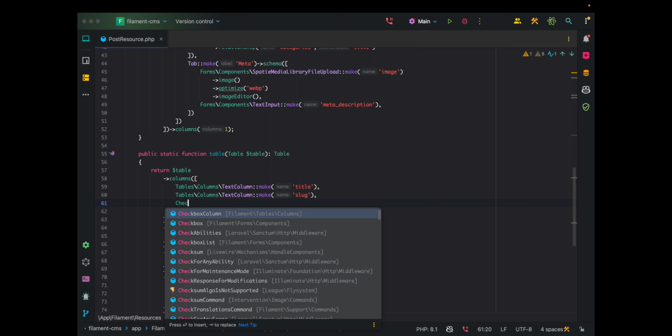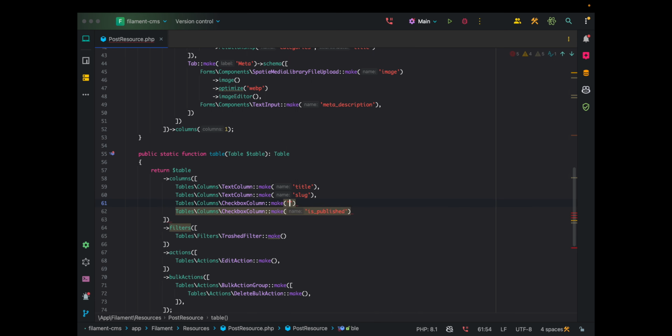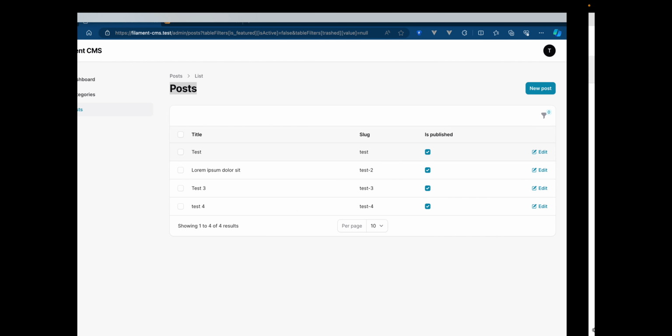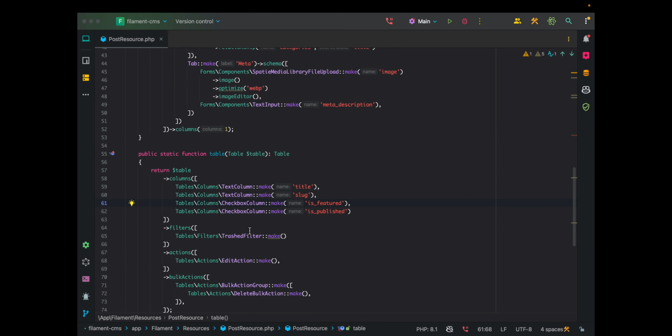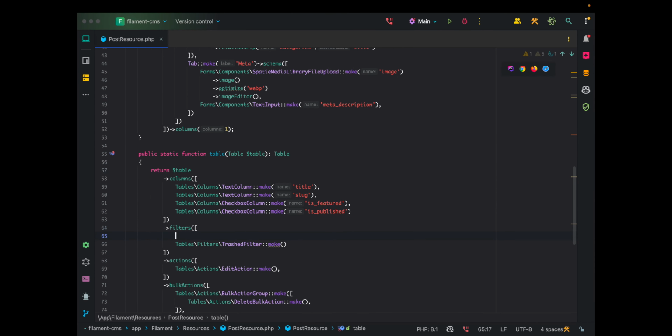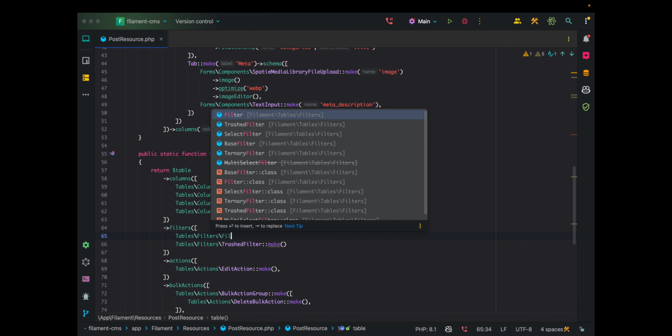So let's create a checkbox column just like below and call that is featured. So that would result in the ability now to select which ones are featured. And we can now also go in and create a filter for this. So we're seeing tables, filters, filter